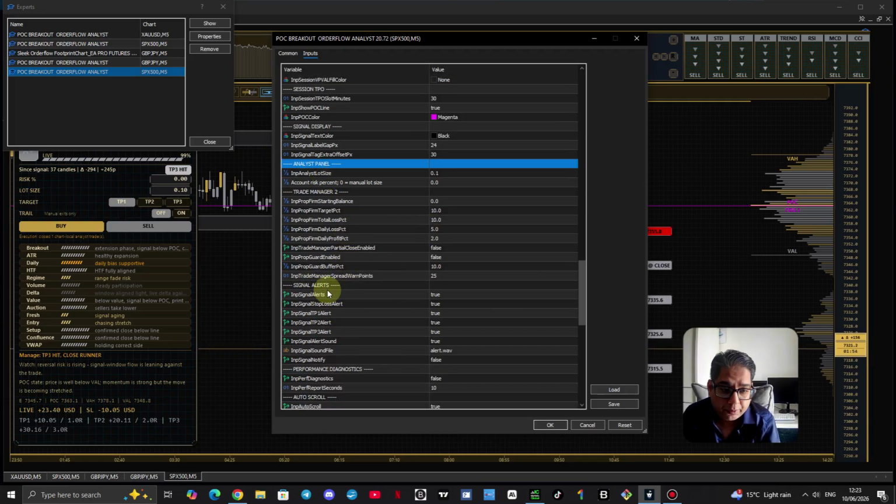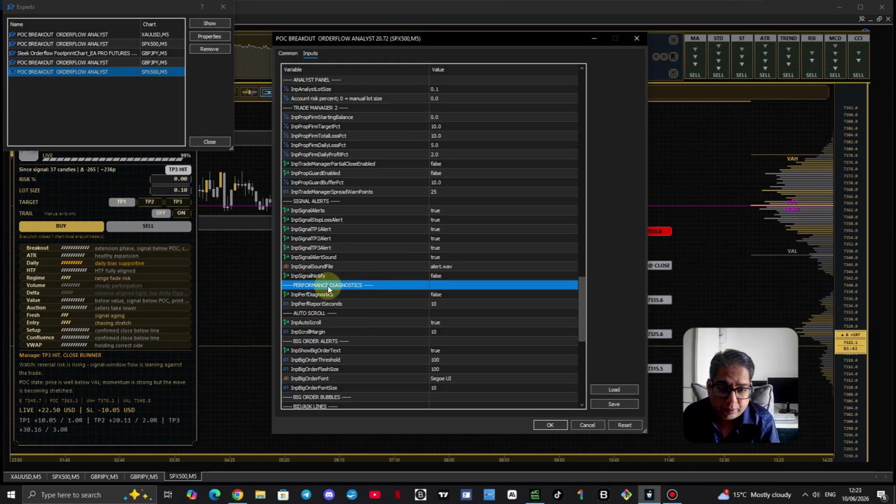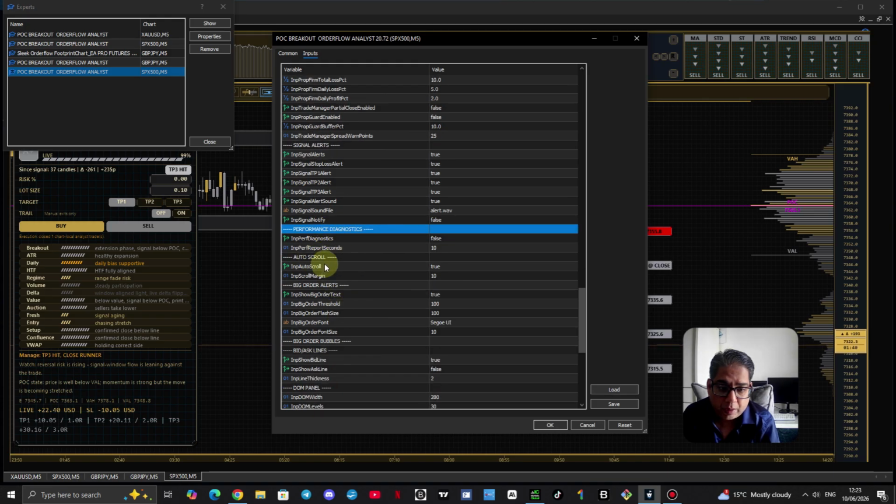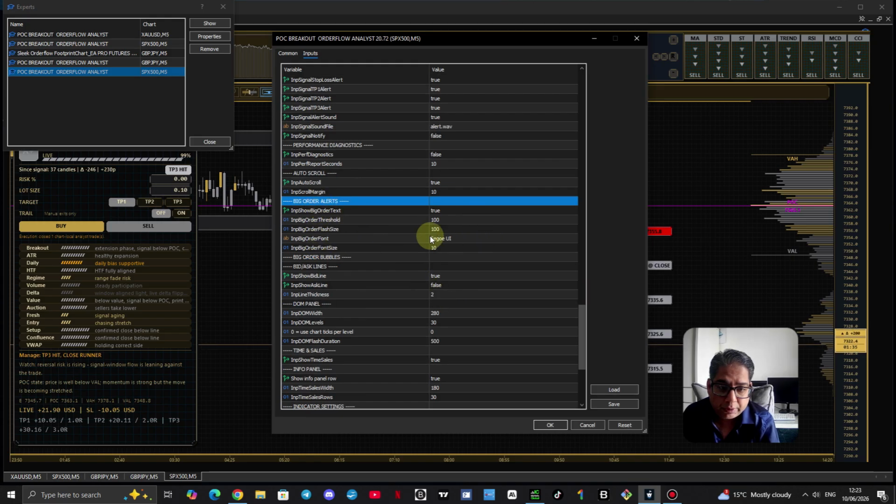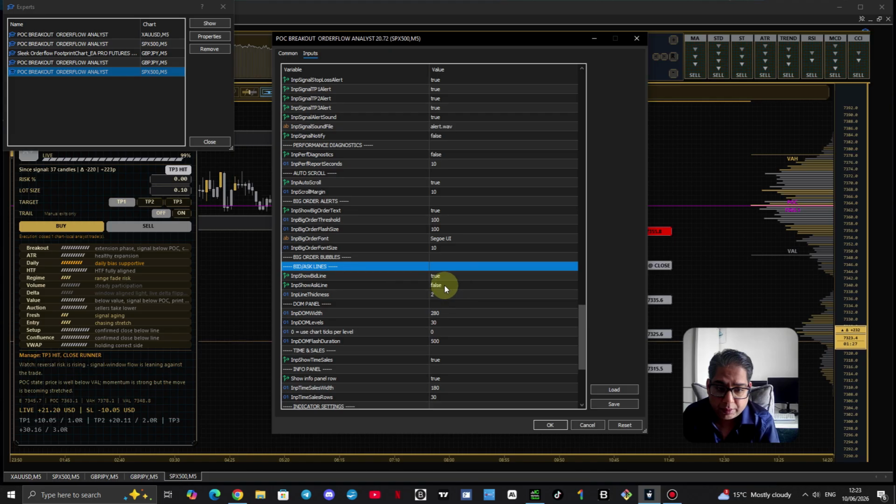Then you've got your signal and alerts. You can change the alerts to TP1, TP2, and TP3, and the signal alerts as well. Leave that as it is. You don't need to see this one or this one. Big orders, you can change the big orders settings here. That's for the DOM and the flow as well. Ask line. If you want to see the ask line, you can see the ask line. DOM panel,